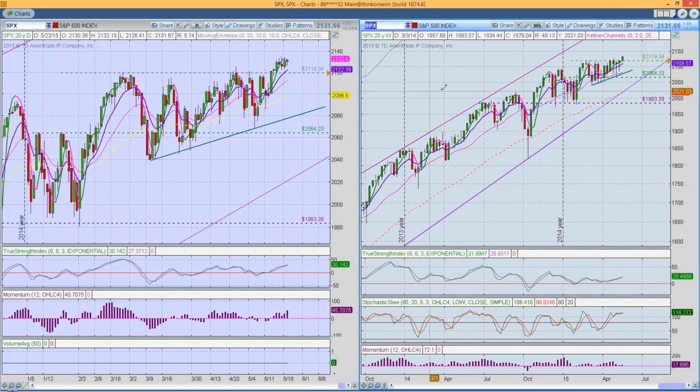The chart on the left, of course, is the daily chart. The chart on the right is the weekly chart. As we see, last Friday, I believe, 1, 2, 3, 4, 5. Yeah, last Friday we actually got a little bit of a breakout above this resistance area at about 2220, excuse me. And since then, the index has just kind of moved in this small range here. Now this is set up to be a nice little flag that it's going to break out of and drive higher. And right now, all we know is we have resistance at the top, support at the bottom. If it breaks down, it's probably going to go back and retest either the 20 or the 8-day, which is